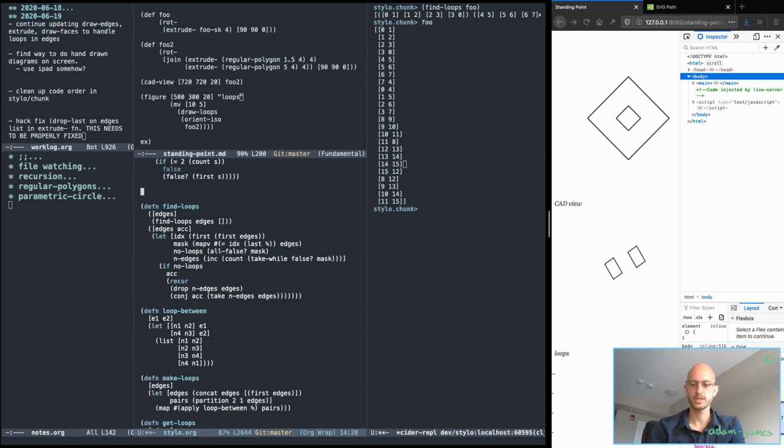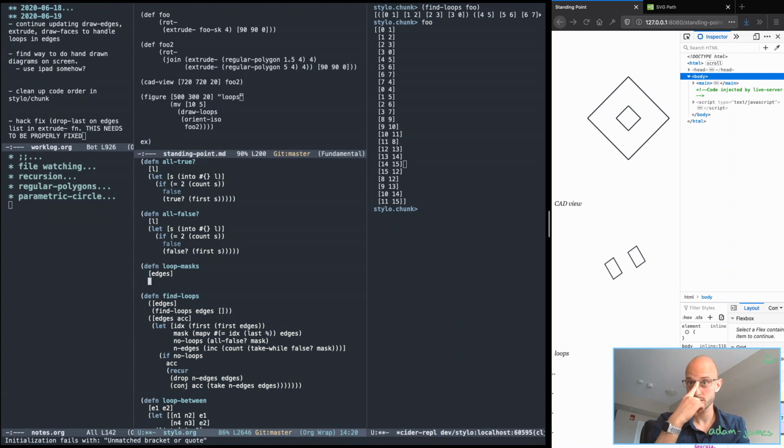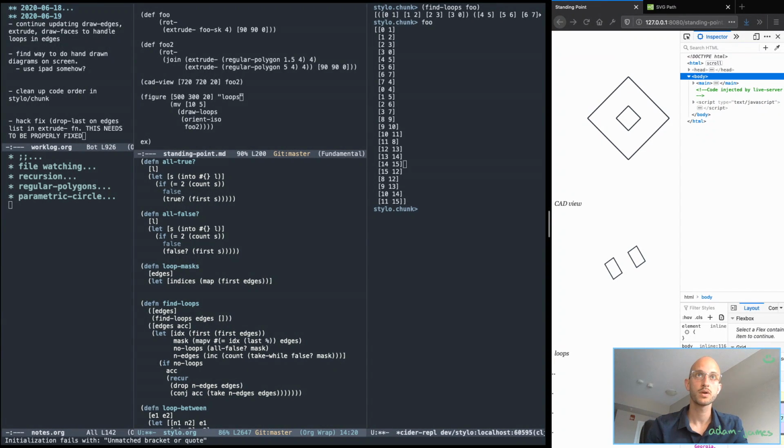I could do something like this, maybe. Define loop masks, right? Where I have edges and it returns, let indices be the map first onto edges, and then for each of those you do